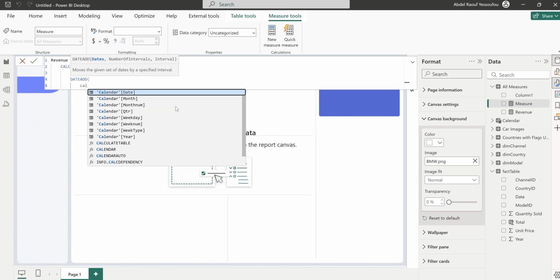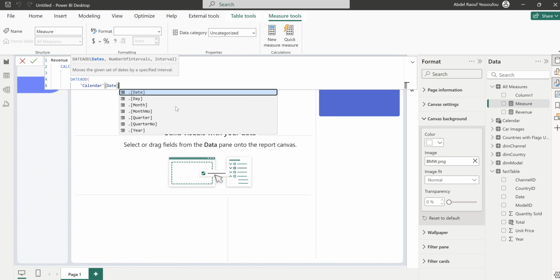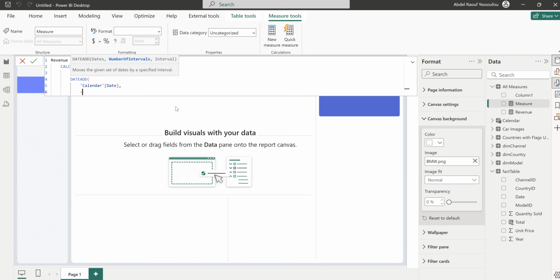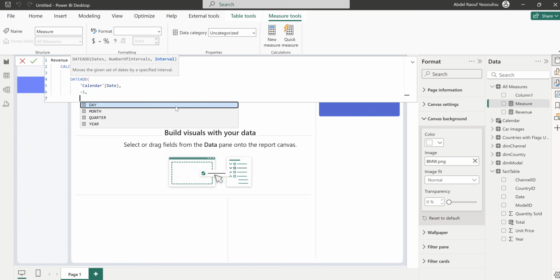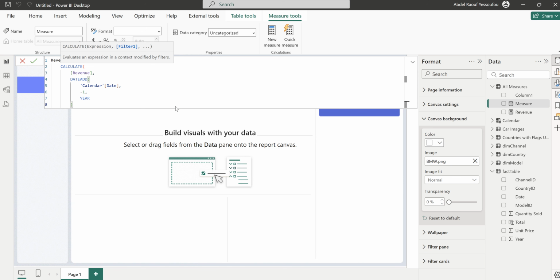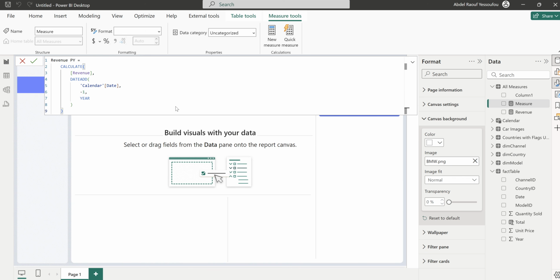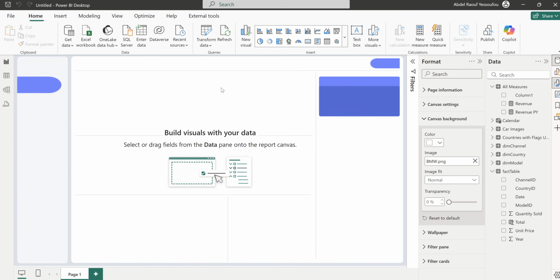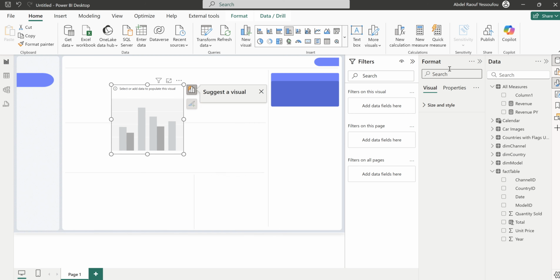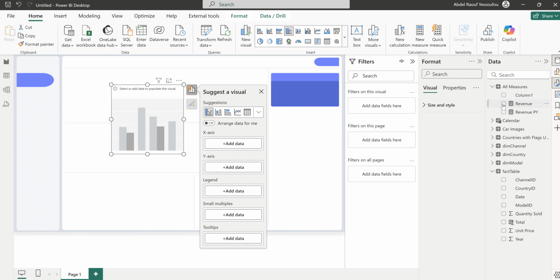I think I've explained this in some of my tutorials. We come down here, -1 year. So -1 what? -1 year. So if we are in 2020, -1 will be 2019. Okay, so I can close the calculate function here. So this is going to give me the revenue for previous year. Sorry, before that, let me just drop this here. Okay, so this takes the revenue,